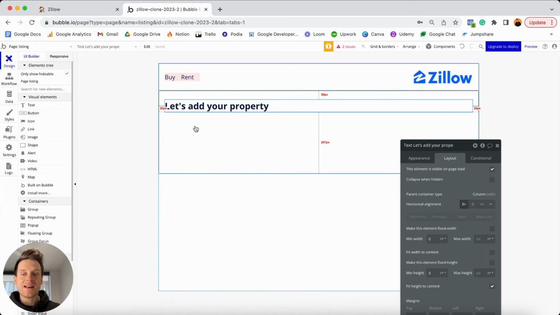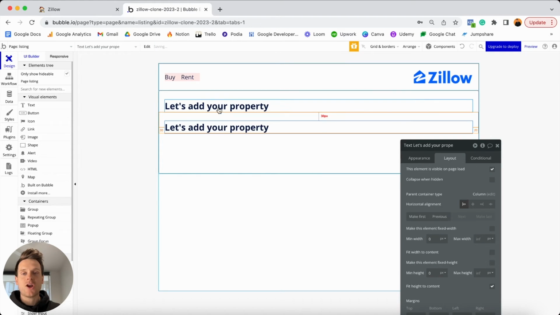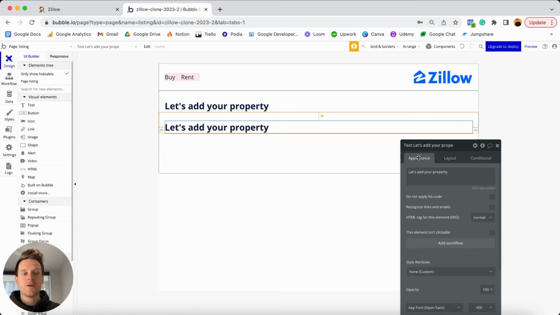And following that is going to be a series of input fields, which will allow the user to start adding the information for the property they want to list. And so instead of having to rebuild a heading from scratch, I'm just going to make a copy of my existing heading here. I'll head over to my appearance tab, and I'm just going to update this text to display